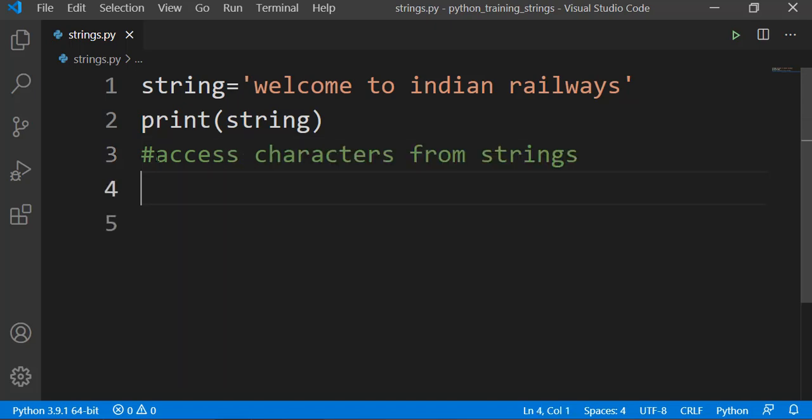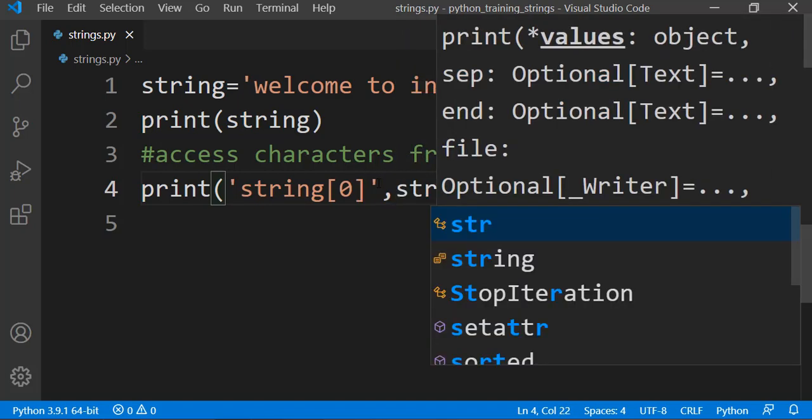For that, let's say print, and I want to access W, the first letter of this string. Give the index value in square brackets, so string of 0.